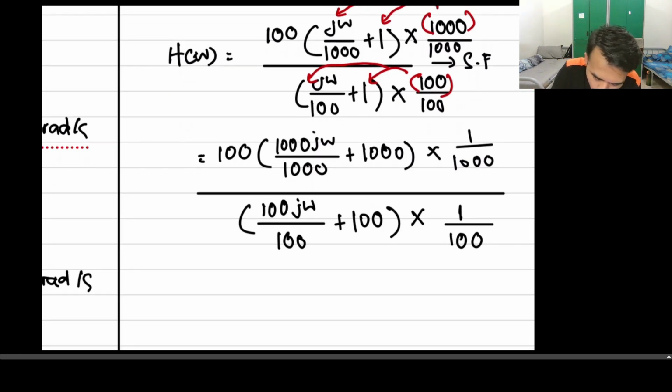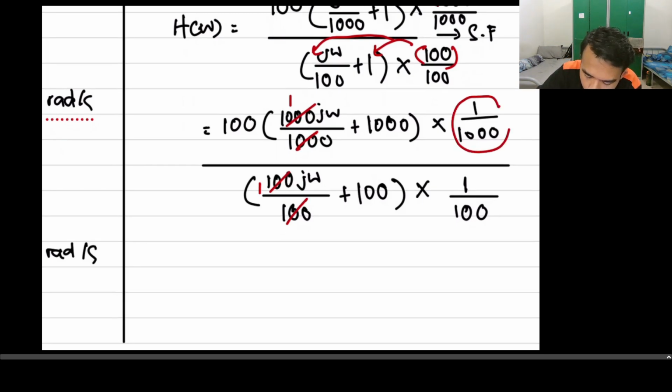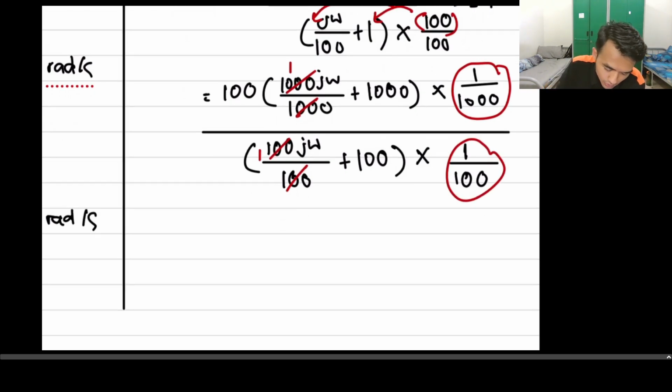So we can cancel out 1000. 1000 divided by 1000 will become 1. So 1 multiplied with jω will only leave jω. Same like the denominator, 100 divided by 100 will become 1. So 1 multiplied with jω will become jω. And for the leftover here, you must multiply it with the 100. So like this. So 100. Okay, so this only leaves jω + 1000